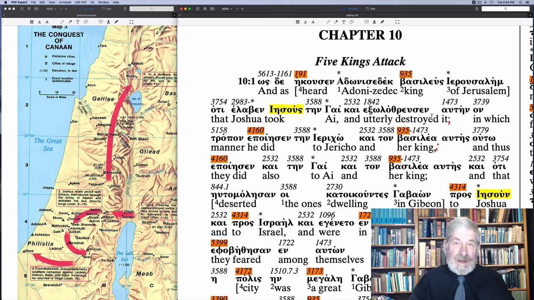Welcome to the 10th chapter of the book of Joshua. We have found that Joshua and the sons of Israel are over here on the other side of the Jordan, stationed in Gilgal. They defeated Jericho and Ai, which was fairly close over here between Gibeon and Ai, in the last chapters. And it continues, and it says, as Adoni-Zedek, king of Jerusalem, heard